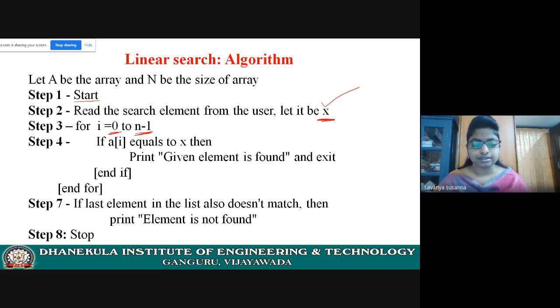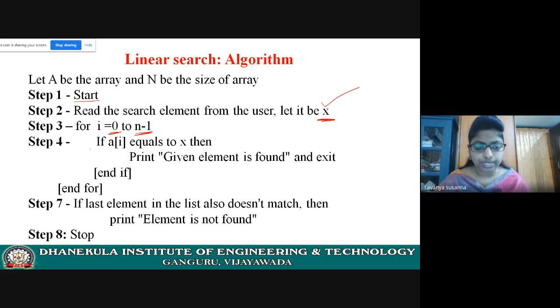Array index starts from 0 to n minus 1. You need to compare linearly. You need to compare first element, second element, third element, fourth element, right? That means you need to iterate. So I have given for loop i equal to 0 to n minus 1.